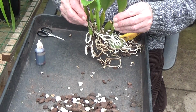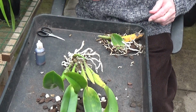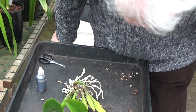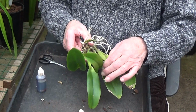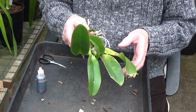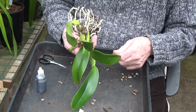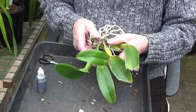Now I need to fasten it up, don't I? Like that. But I'll get rid of all this rubbish first and then we'll wire that one up. Right, I've got a piece of wire now and they all won't pull in together. I keep seeing little bits of things. I wonder if it is a starter scale. I don't think so, but I'm going to give it a good spray afterwards. Anyhow,